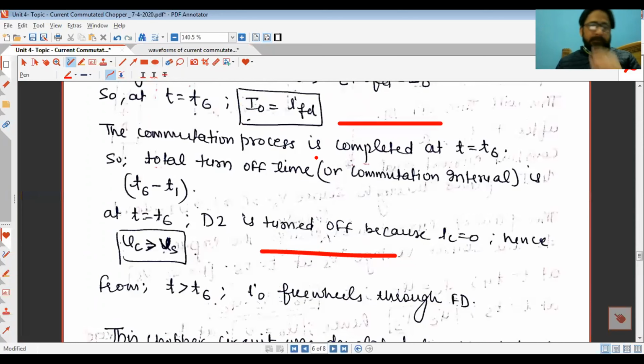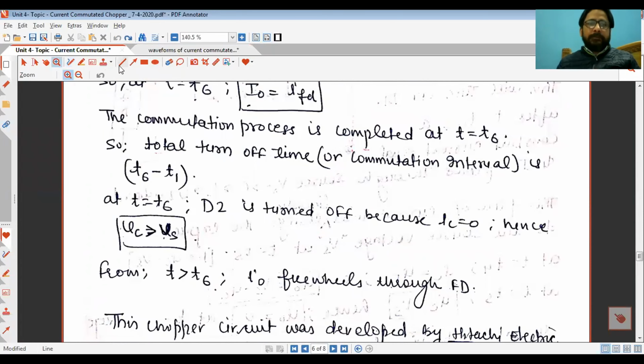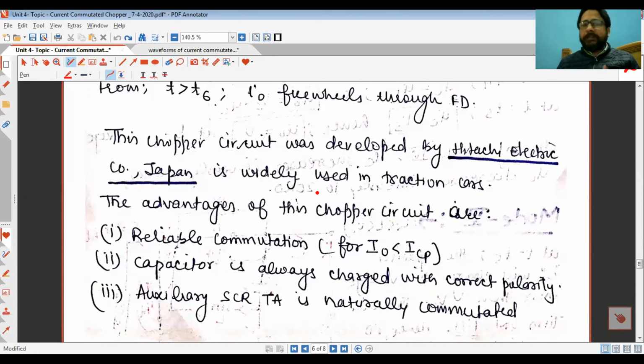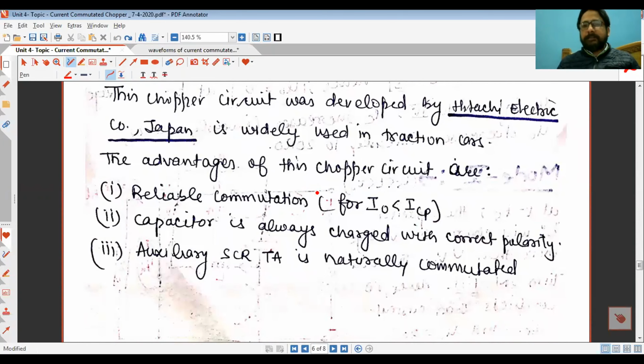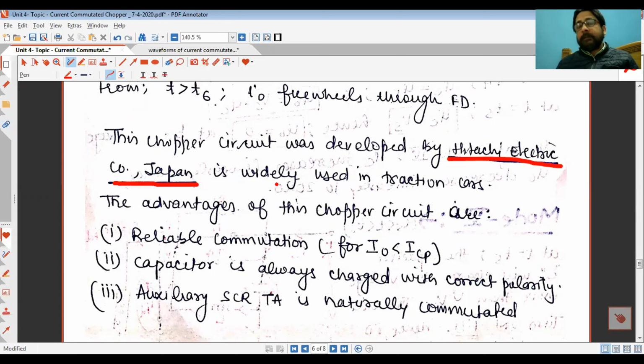Now the important thing we need to understand is that this whole process is happening just because of the LC circuit, the resonating circuit. And the second thing you should know about this circuit is that it was developed by Hitachi Electrical Corporation, Japan. और सबसे ज्यादा इसको ट्रैक्शन कार्स में यूज किया जाता है, ठीक है।